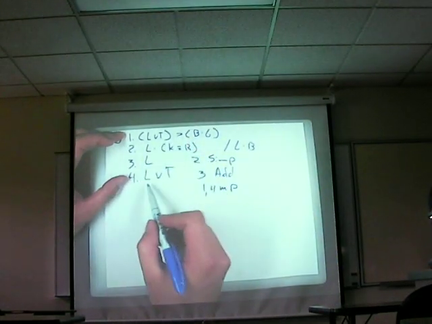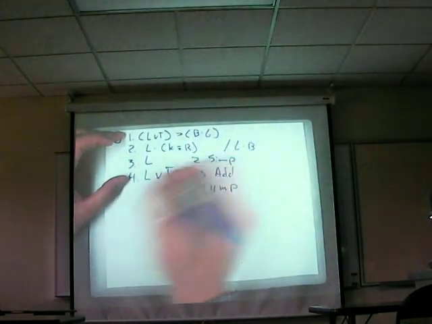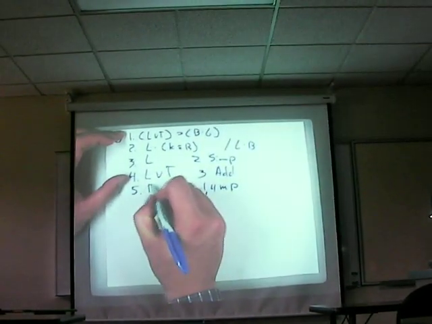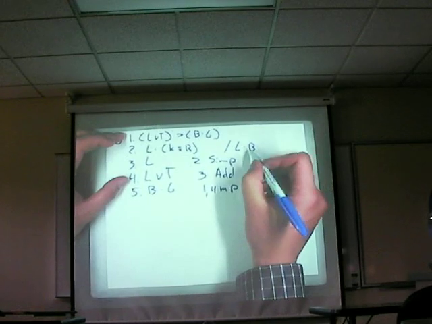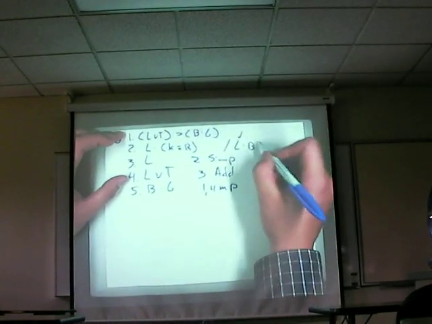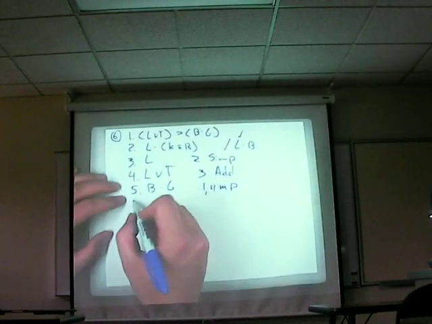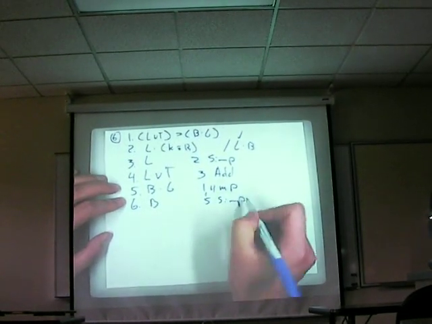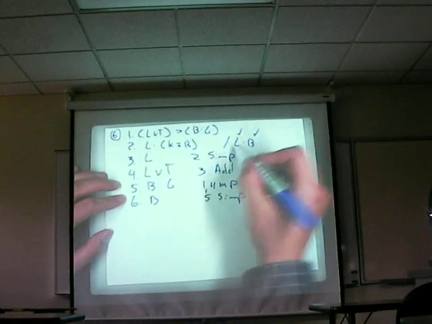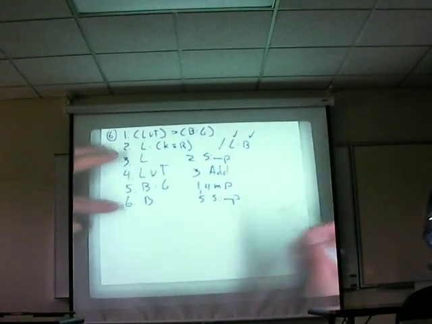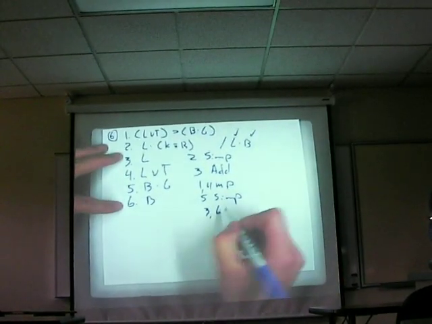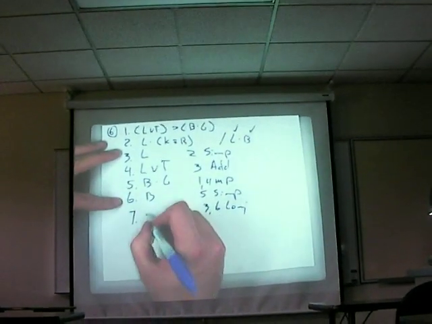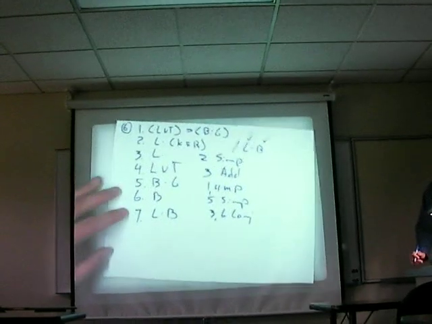Horseshoe statement in line 1, antecedent to that horseshoe statement in line 4. So via modus ponens for line number 5, we get out the consequent, we get B and G. Now we've already got the L by itself, we want the B, so this too is easy enough to get, fairly routine. 5 simp, and we get that first conjunct, the B by itself. Now that we've got the L, we've got the B, we can finish up again via conjunction, 3 and 6 conjunction, jamming those two separate lines together via a dot, L and B, and that then is problem number